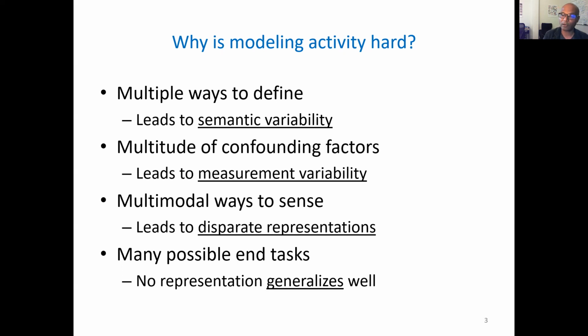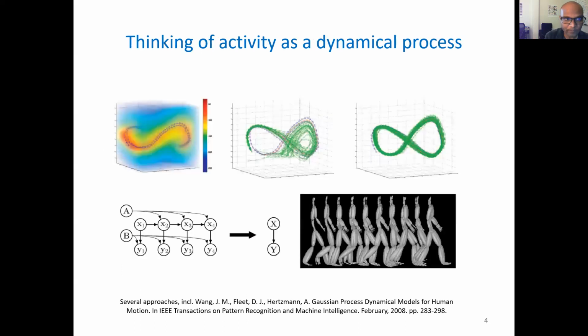And more and more so, people are interested in modeling qualitative aspects of human movement for humanoid robotics. How do you make a humanoid robot move more like a human being with all its nuance, with all its gestural fluidity? So what is that quality that we are lacking? So all these are the broad spectrum of applications. In this talk, we will take the simpler version of the problem, which is single human. The sensing modality is probably going to be a camera, maybe motion capture, spatially and temporally localized. We are interested either in recognition or in quality assessment, and we shall see how far we can push the boundaries with newer methods from geometry and topology.